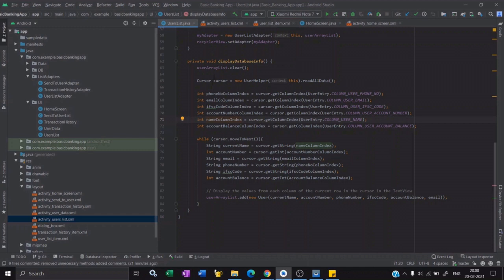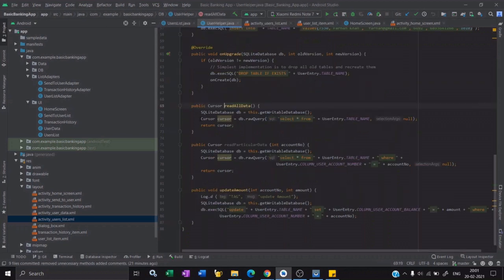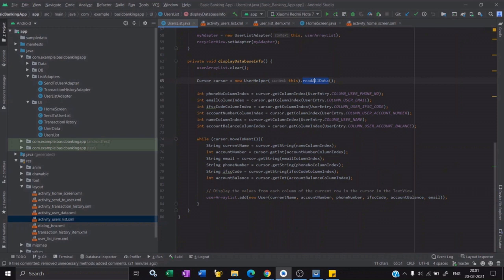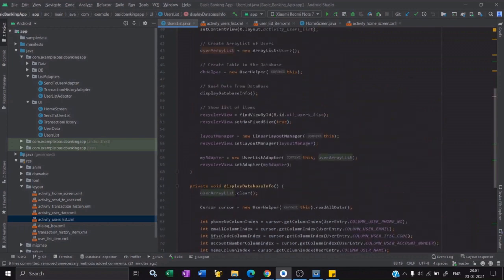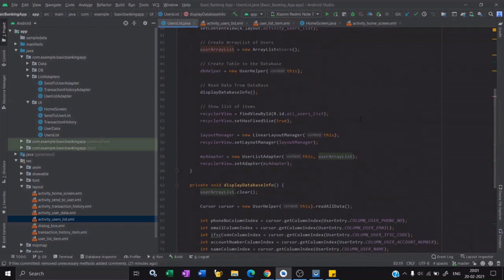So this cursor, we are getting the cursor and we are reading all the data from the database. Let's see what the read all data method does. It fires a simple SQL query, which is select all from the user table, and gives the cursor back. So we are getting all the information, storing it in variables, and adding this to our array list. Later in the code, this array list is passed to our recycler view using an adapter,